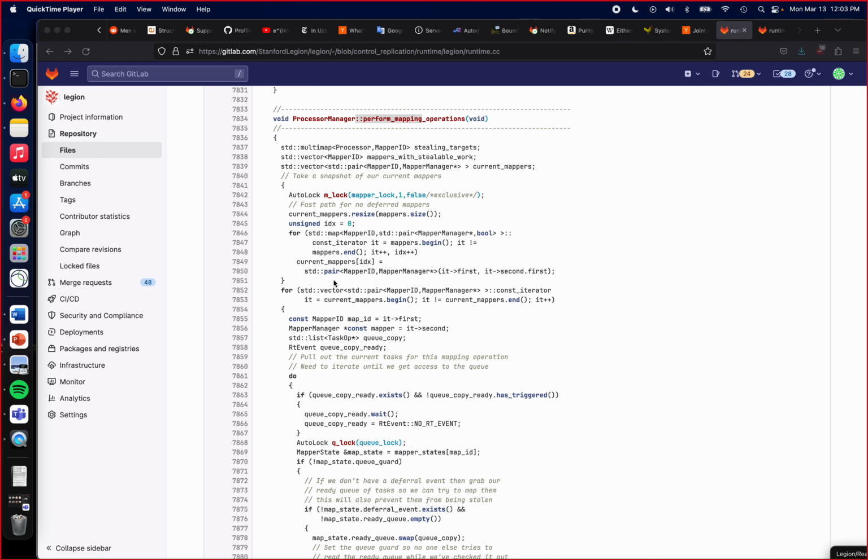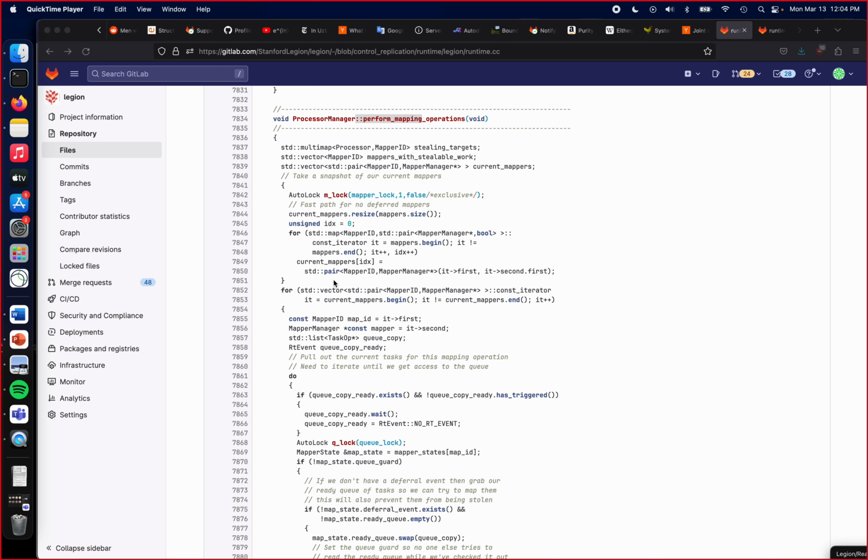So this week I want to go back. This is Legion week. I want to go back and clean up some of the stuff that I did not explain particularly well in the last meeting. So I want to start back with this perform mapping operations. The goal of this talk today will be to go through the scheduler here in a little more detail to explain more of what's going on and some more of the invariants that I hand waved a bit through the last time, and then the main thing that I want to get into today is showing you